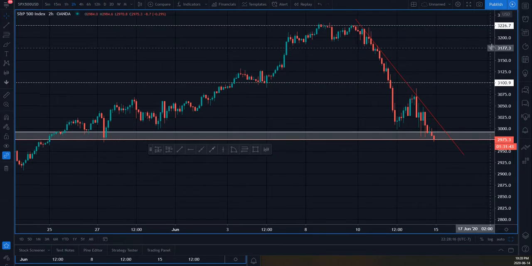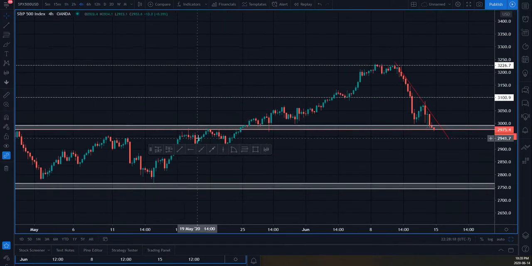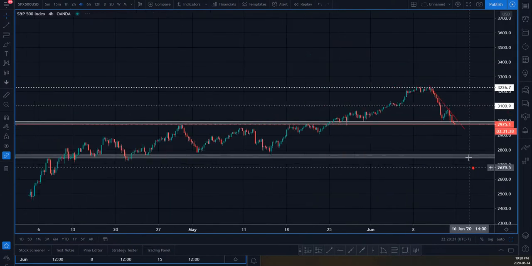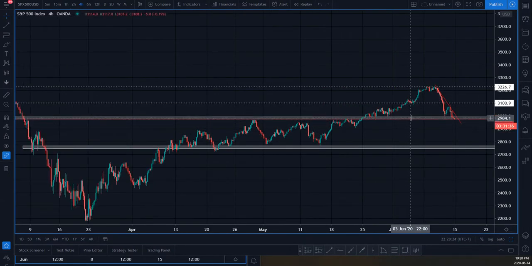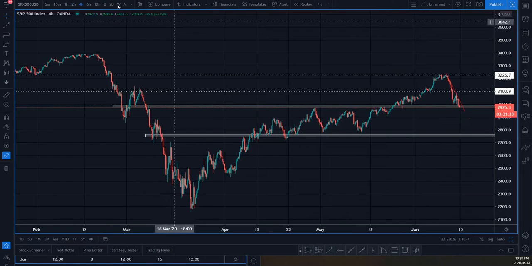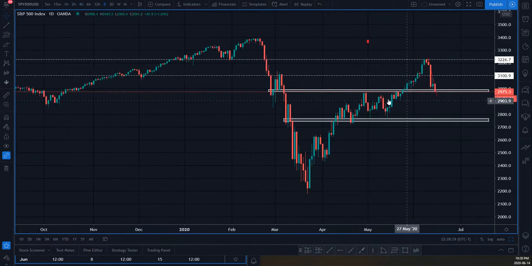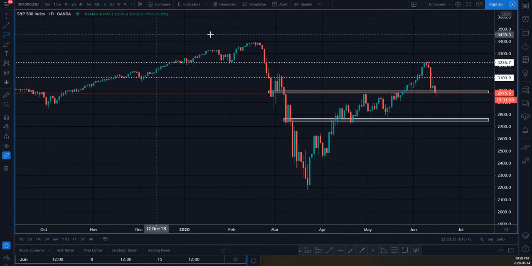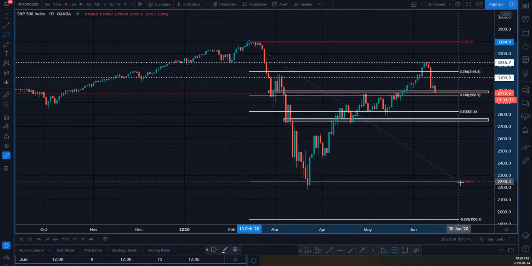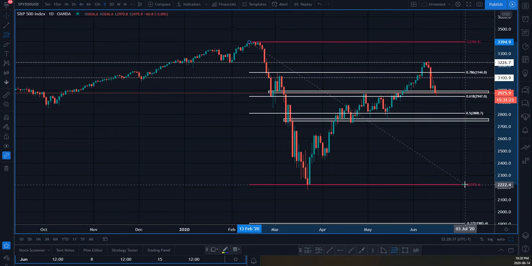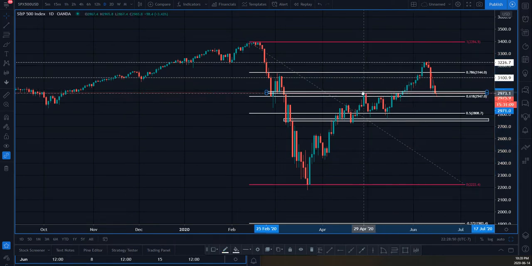This is the S&P 500 or the SPX, and let's just zoom out to the 4-hour chart here. So this 2980-ish range has been the 61.8% fib level that we were looking at as a key level of resistance. We'll just look at our fib right here. And if we go to the candle closure, it looks a little bit more accurate. It's not perfectly there, but this area right around here, the fib level is at 2950. The current level that I'm seeing is around 2960, so we would have to drop a little bit further.